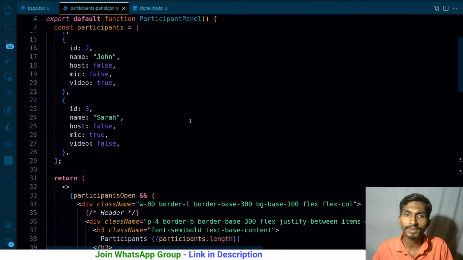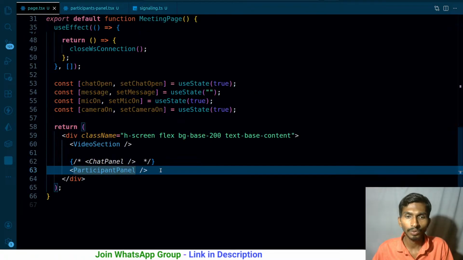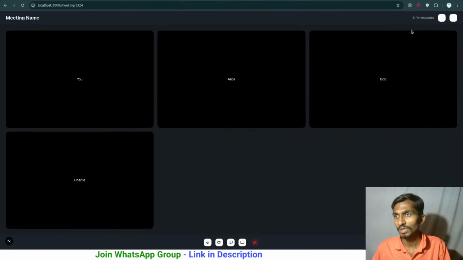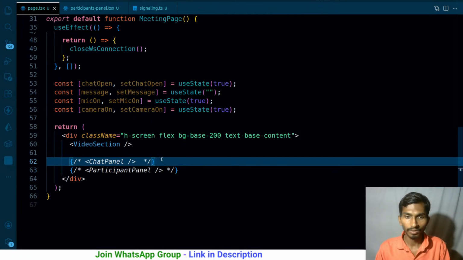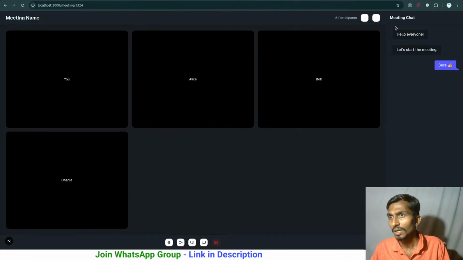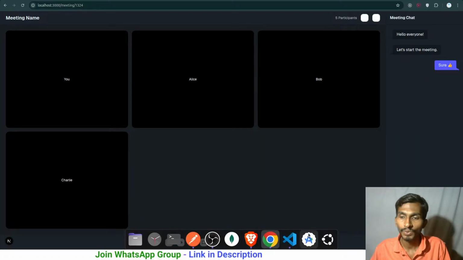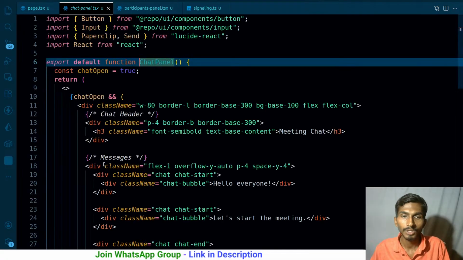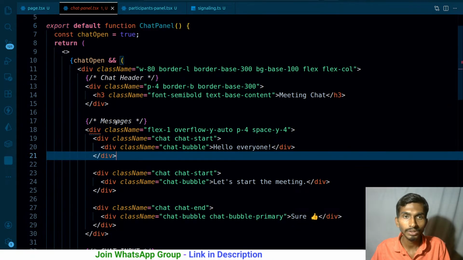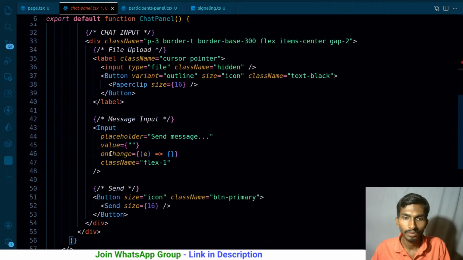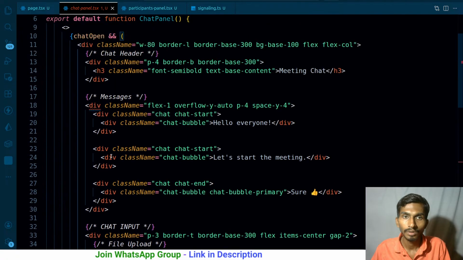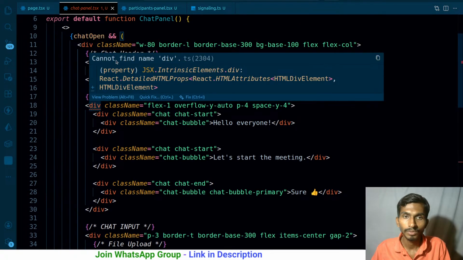So participant panel is working well, so I can just simply come back here and in this particular section comment this, then it's not gonna be visible. And then how about turning on the chat panel? How does the chat panel look like? Chat panel looks like this, and this is not okay because there is no name. So in this particular chat panel I have this message. What is the problem here, Dave has a problem, can't find